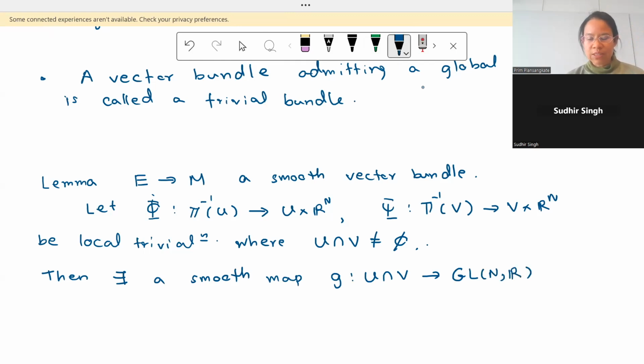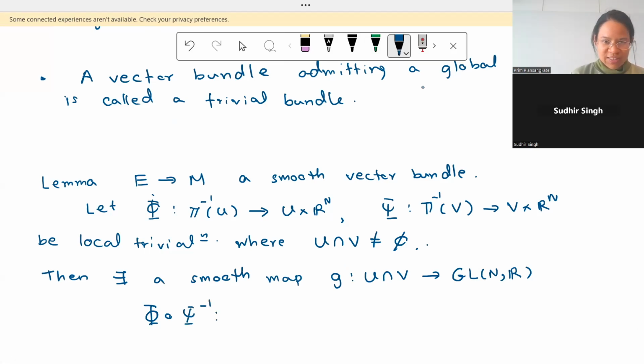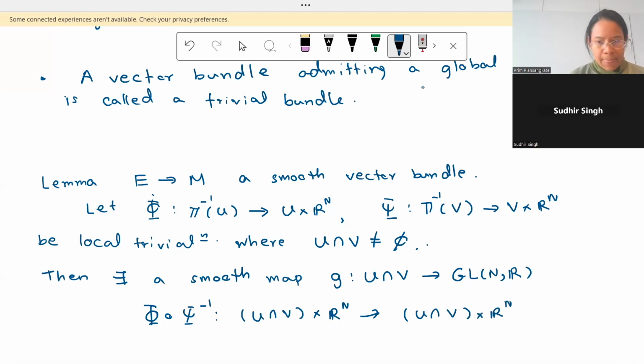So it maps to the general linear group, such that this composition, and I will have to draw to see what this is, which is a map, is given by